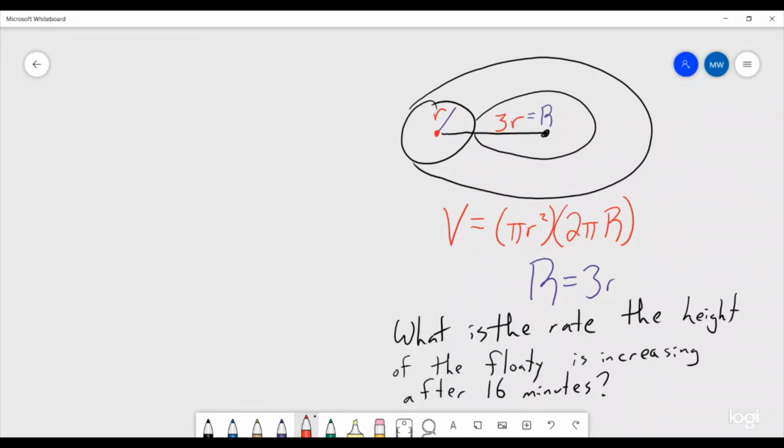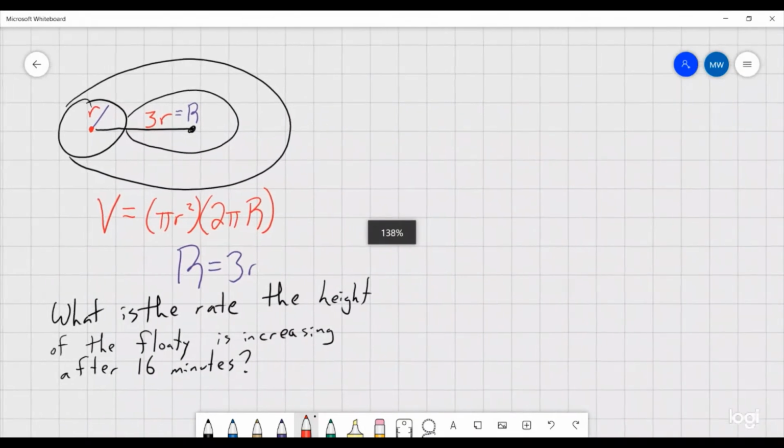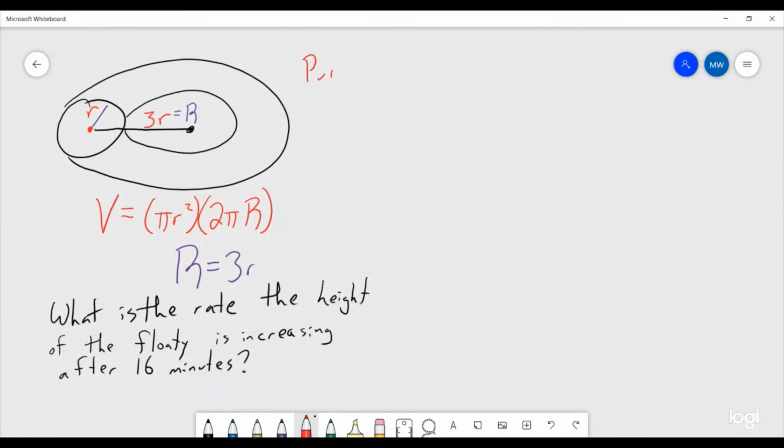Let's see, where can I put this? There we go. Put it over here. Where we are pumping